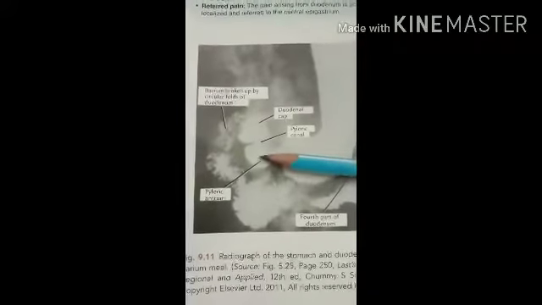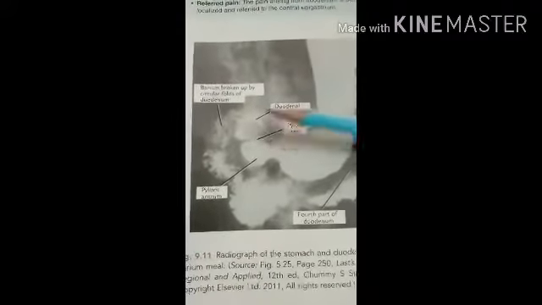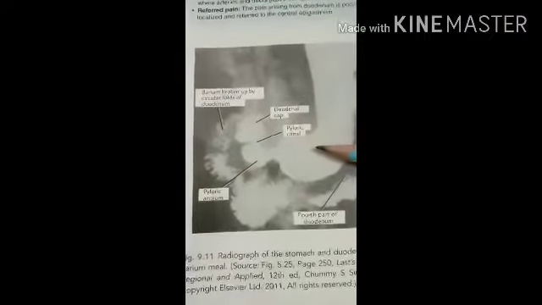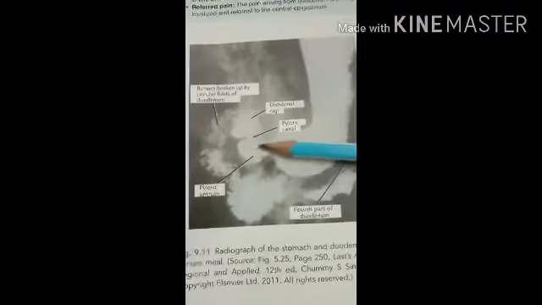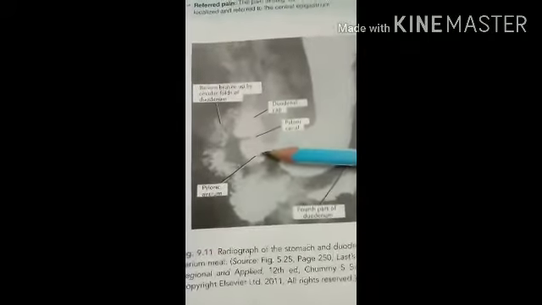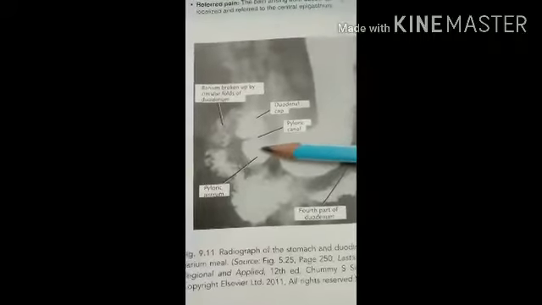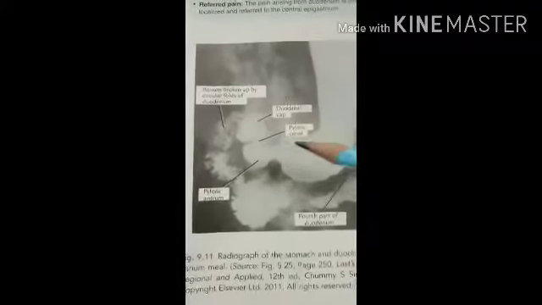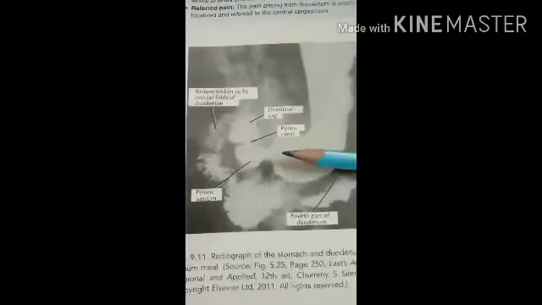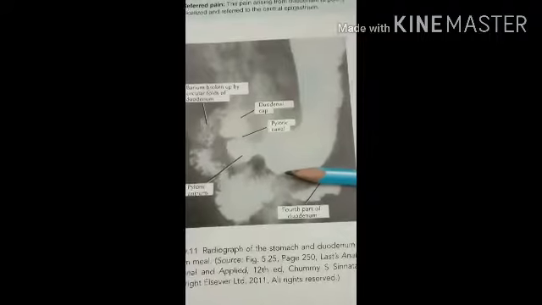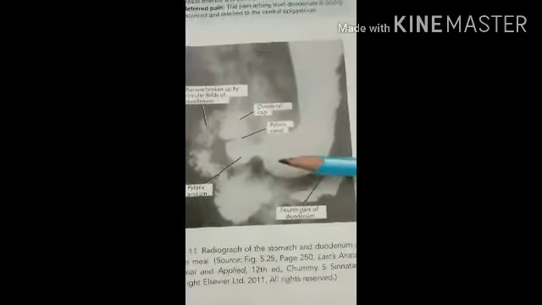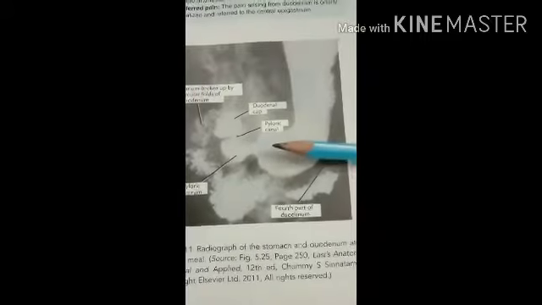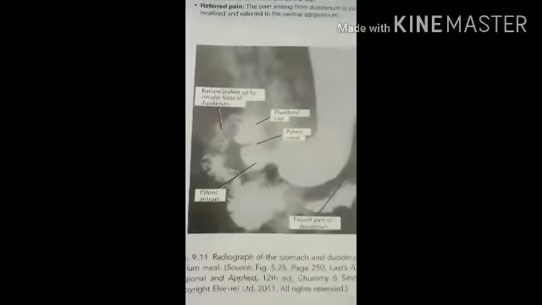Okay. Then the first part of the duodenum is one of the commonest sites of peptic ulcer, because the acid from the stomach directly enters the first part, and because of the irritation, the mucosa of this first part is damaged and the ulcer is formed. Then the third point: the ulcer pain is located at the right half of the epigastrium, relieves by the meal and reappears on an empty stomach. So that is the cardinal feature of ulcer pain.